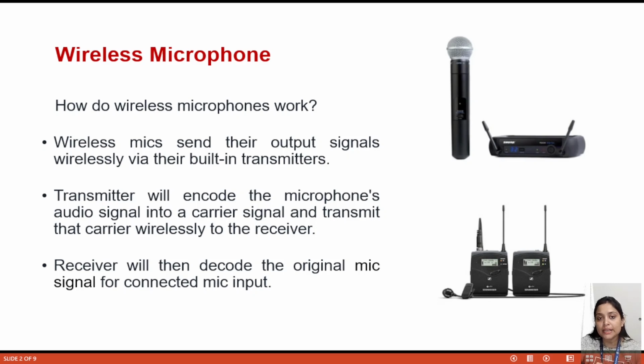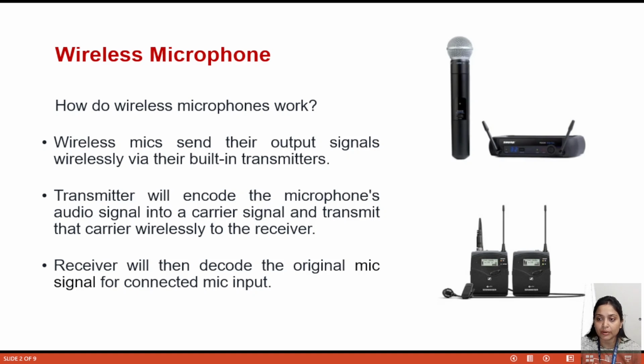A wireless microphone basically sends its output signal wirelessly via its built-in transmitter. That means in this wireless microphone figure, inside there is a transmitter. Through this transmitter it sends the output signal. The transmitter will encode the microphone audio signal into a carrier signal and then transmit it to the receiving end. In the receiving section there will be an antenna. It receives the signal through the antenna and then decodes it,